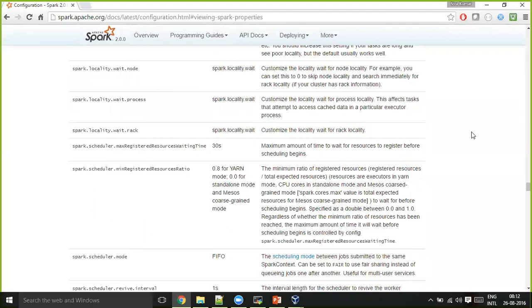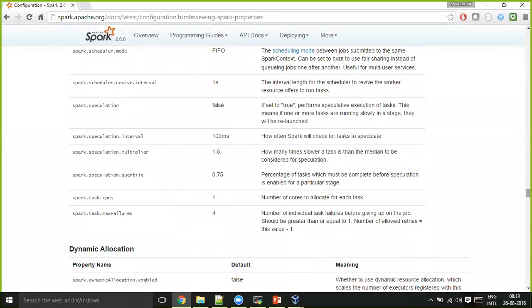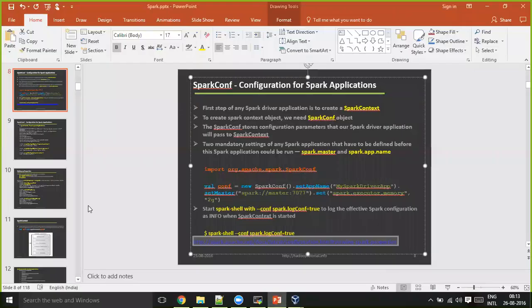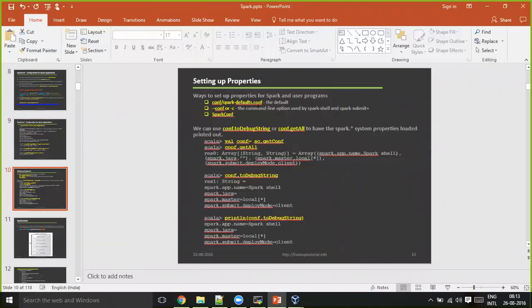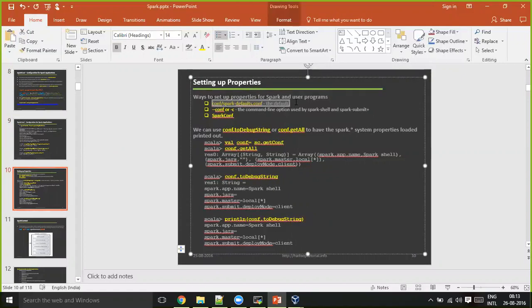You don't need all these properties. Whatever bare minimum you need, I will try to cover in the sessions itself, in the slides itself. Same like your hdfs-site.xml, hdfs-default.xml, mapred-site.xml, mapred-default.xml, and hive-site, hive-default. Whatever properties you see there in the configuration files, by default they will be available in the spark-defaults.conf file. They should be available in this.